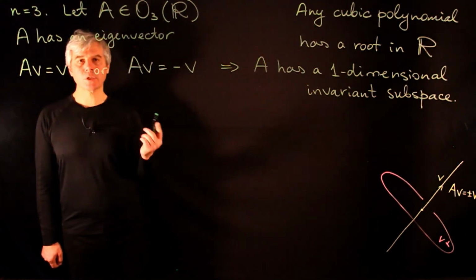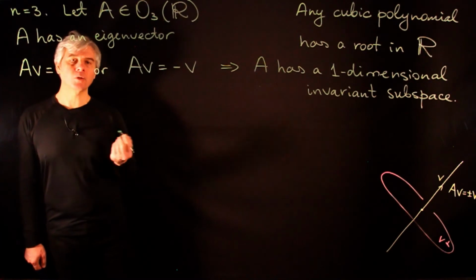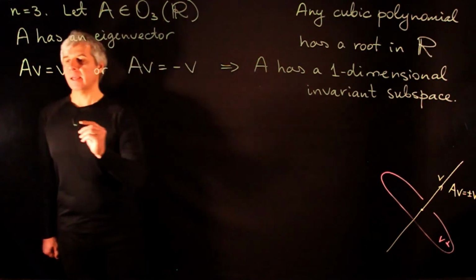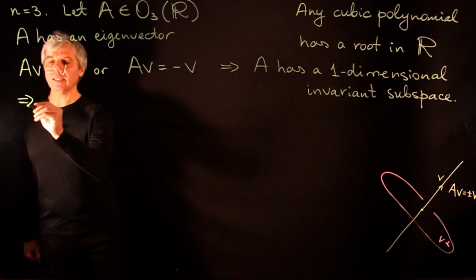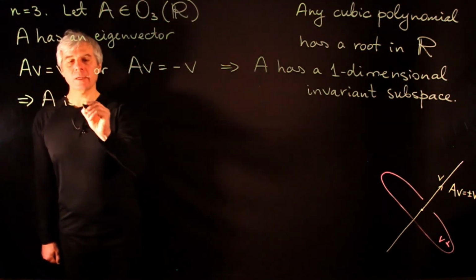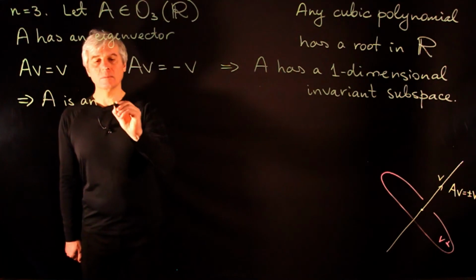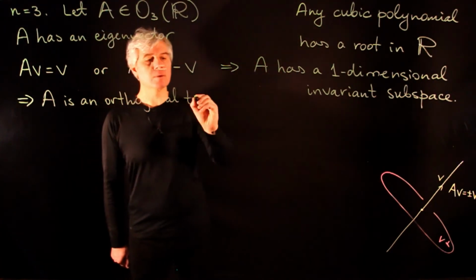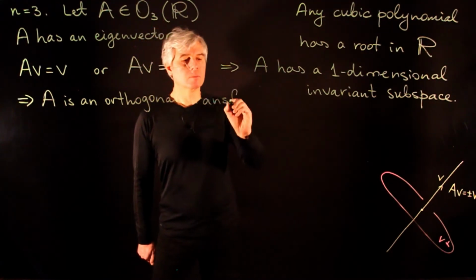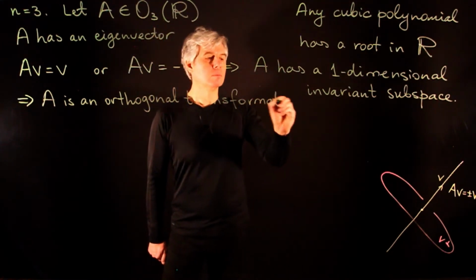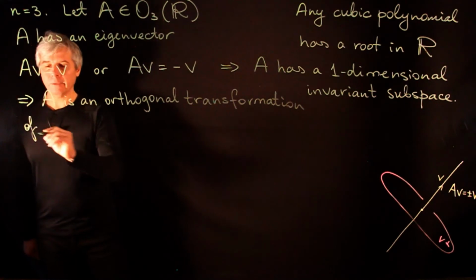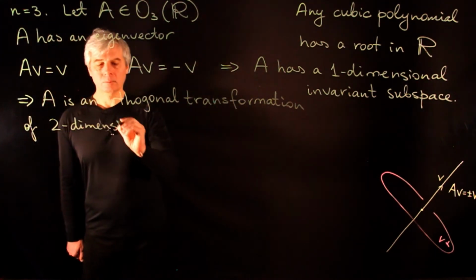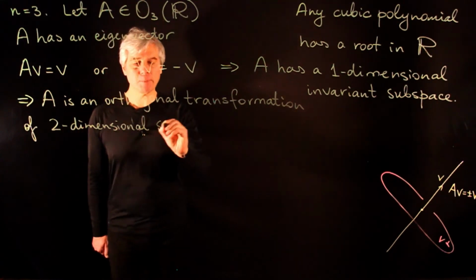Since A preserves the dot product on R3, it also preserves the dot product on this two-dimensional subspace. And this means that A is an orthogonal transformation of this two-dimensional subspace